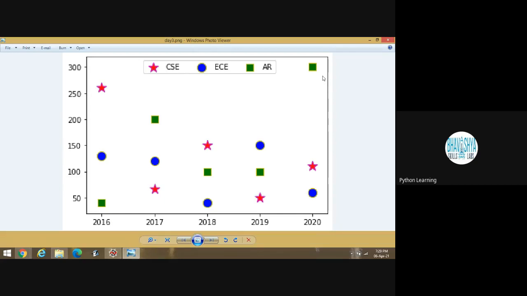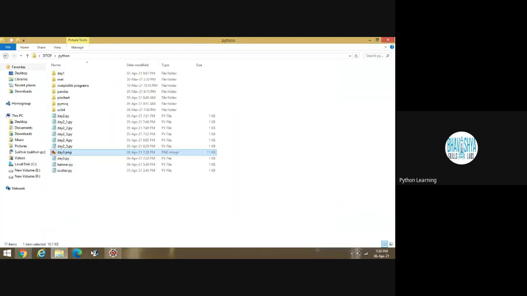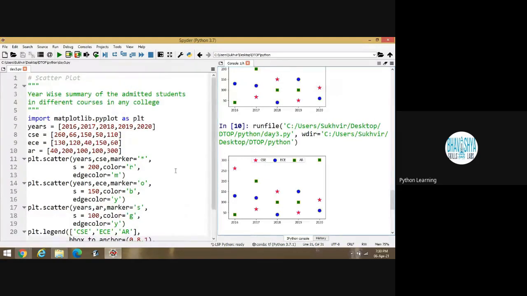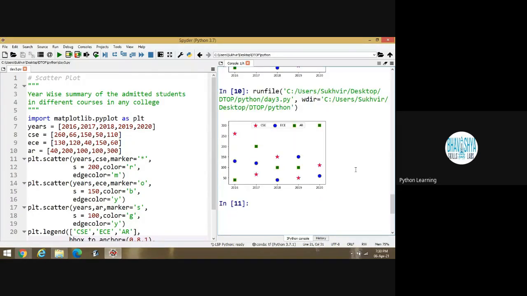Is it okay? Yes, sir. This one is one application part, nothing else. One is a simple program. Second is a targeted program. Suppose I am writing some program to add two numbers, to subtract two numbers. This is a clear indication of some application. We are doing some application. Is it okay?